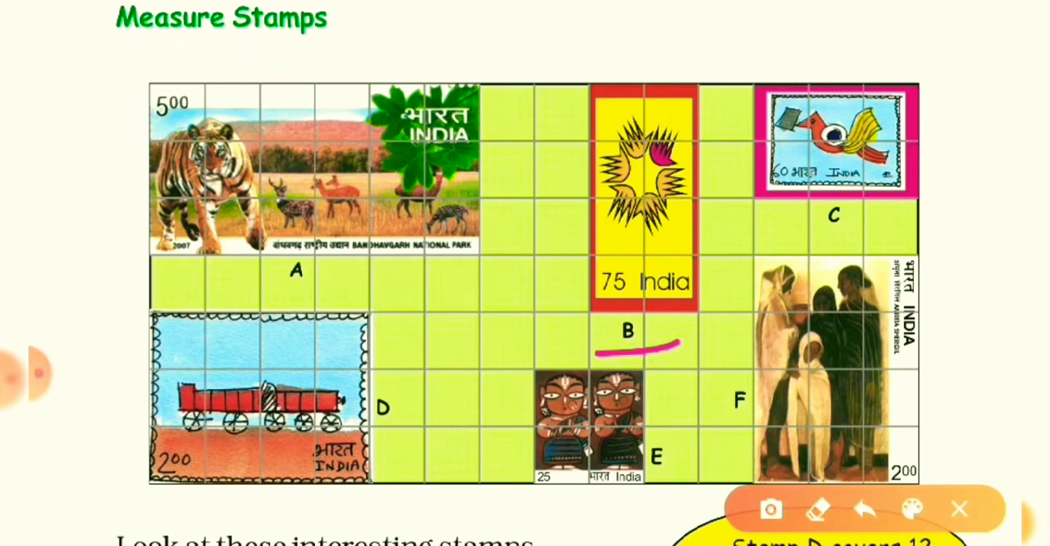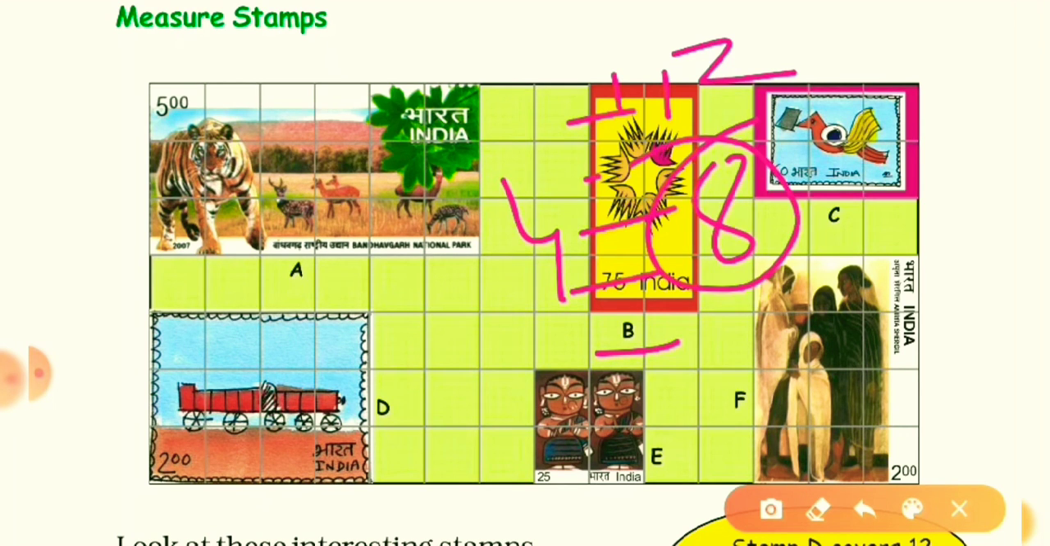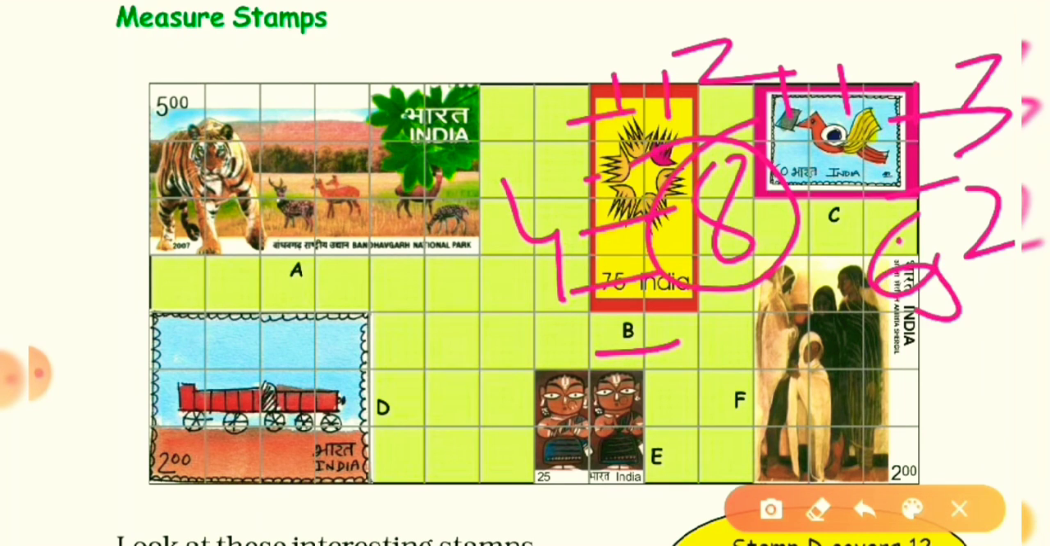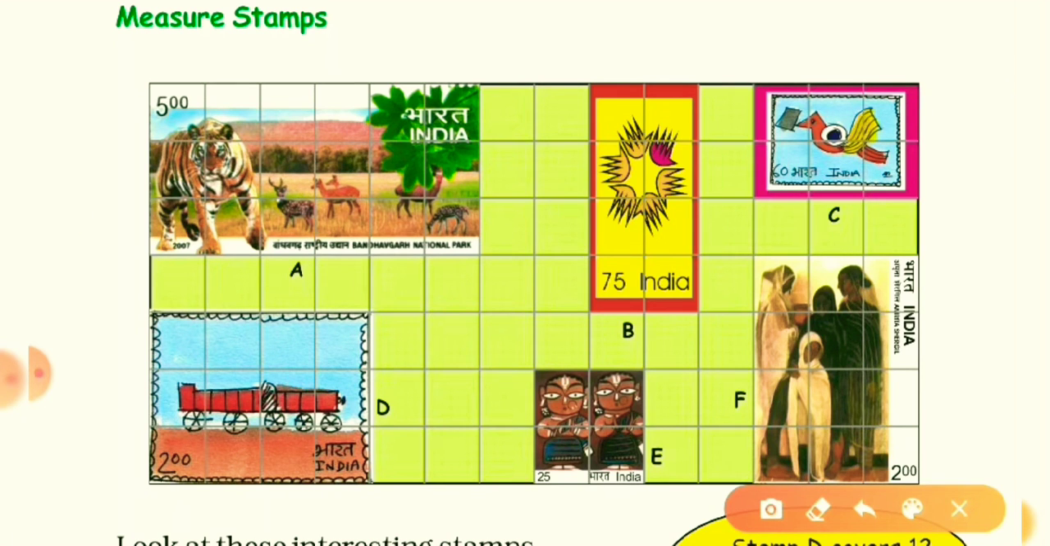First find the length and breadth of this stamp ticket. So the length is 1, 2. It means 2 centimeter, and the breadth is 1, 2, 3, 4. So 4 times 2 is 8. So you can write now area of B is 8 square centimeter. And for C, 1, 2, 3. The length is 3 centimeter and breadth is 2. So 3 times 2 is 6 square centimeter. Okay. So we can write 8 square centimeter for stamp B, and for stamp C, the area is